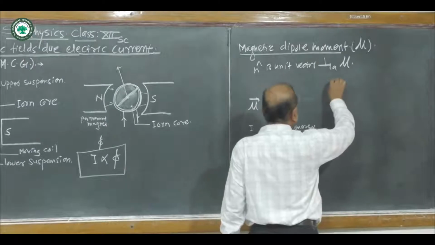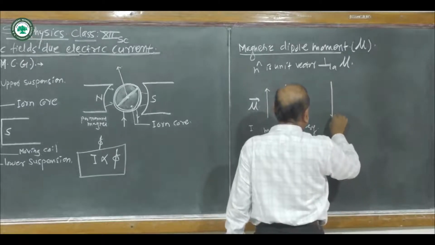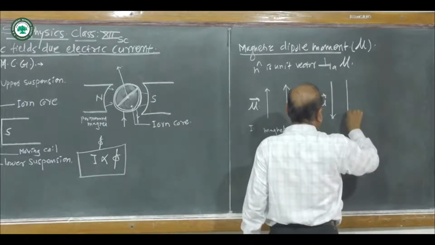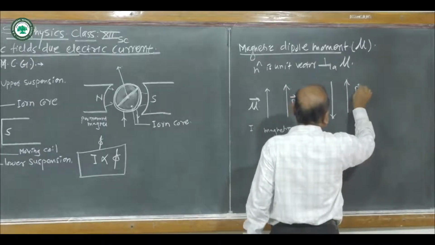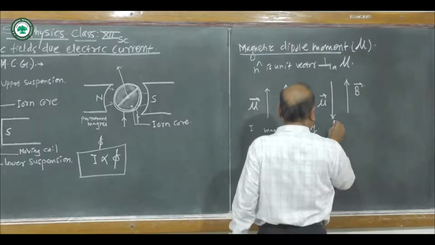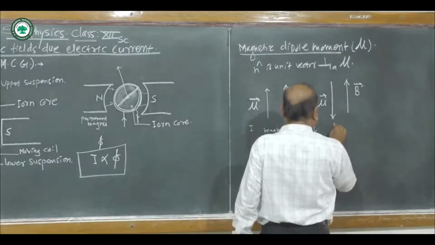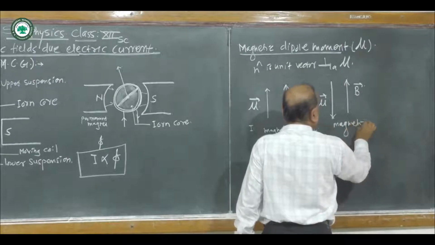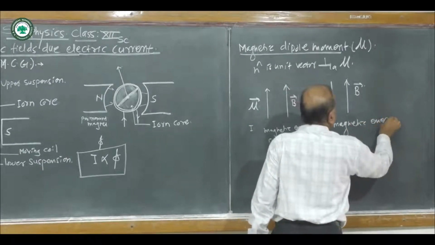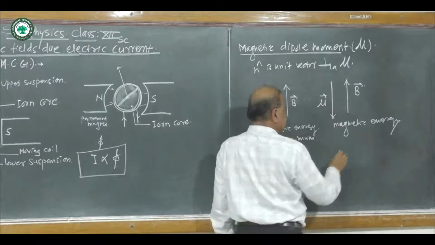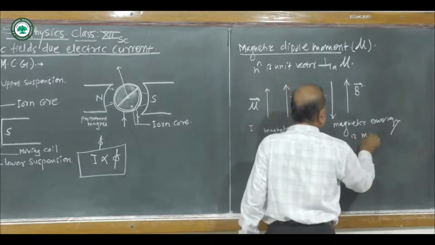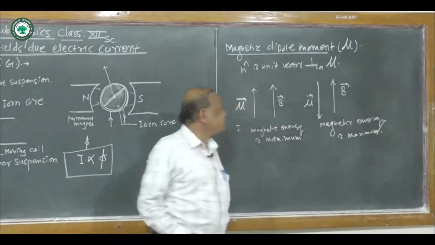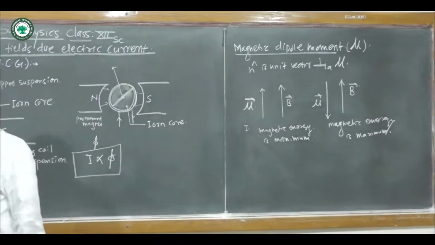Now here if the directions are like this one, this is the magnetic dipole moment and this is the magnetic induction B, then the magnetic energy is maximum for this case,